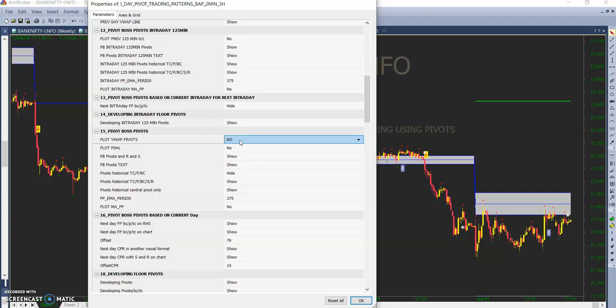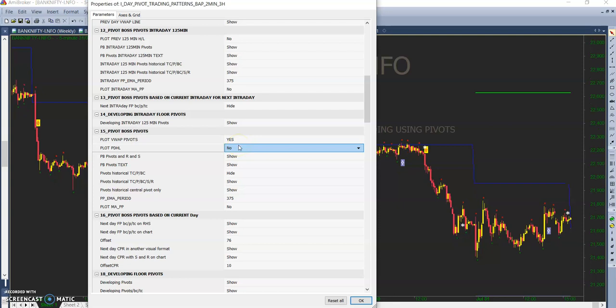So when you actually use the VWAP, that is the previous day VWAP, your central pivot is nothing but the previous day VWAP, and your supports and resistances will be calculated based on the previous day VWAP. So in case you want the supports and resistances to be calculated based on the previous day VWAP, you can select this option as yes.